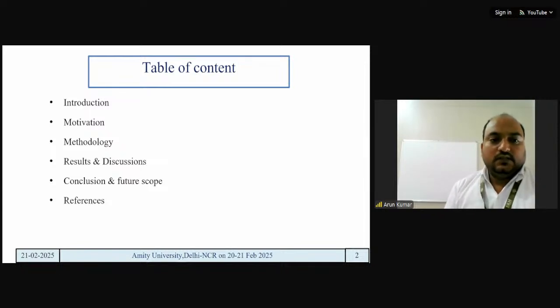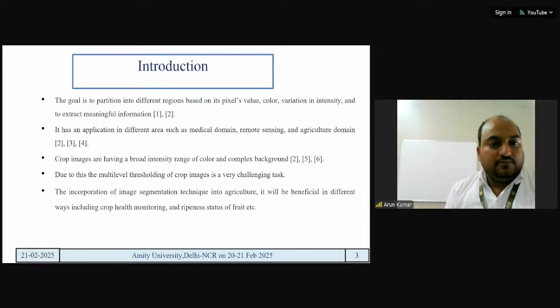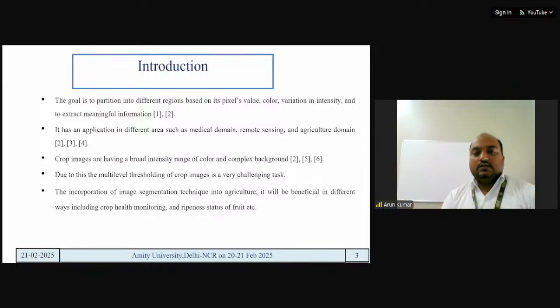First, the introduction. Image segmentation is a pre-processing step, and its goal is to partition an image into different regions based on their pixel values and color variation, and to extract meaningful information from the image. It has various applications in different areas like the medical domain, remote sensing, agriculture, etc. In the agriculture domain,